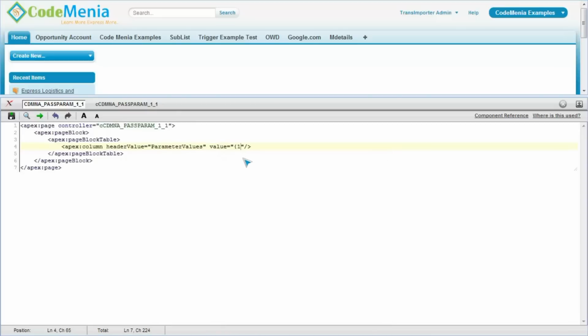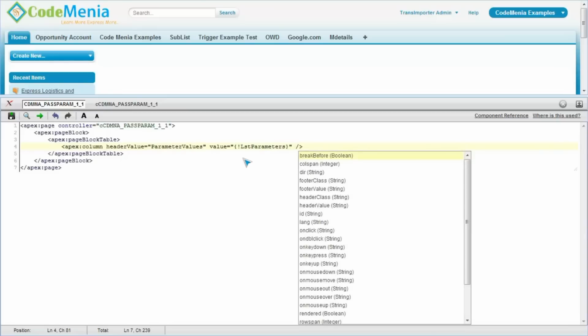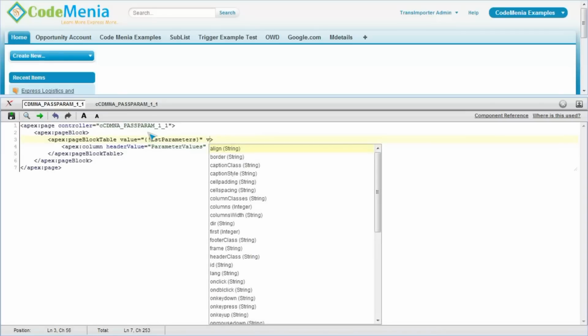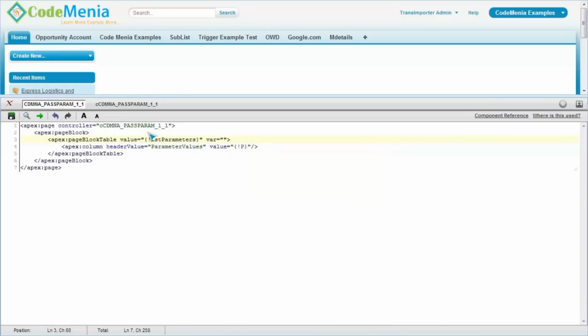Here value is the list, and defining one var as a reference of this list. Now the column value is